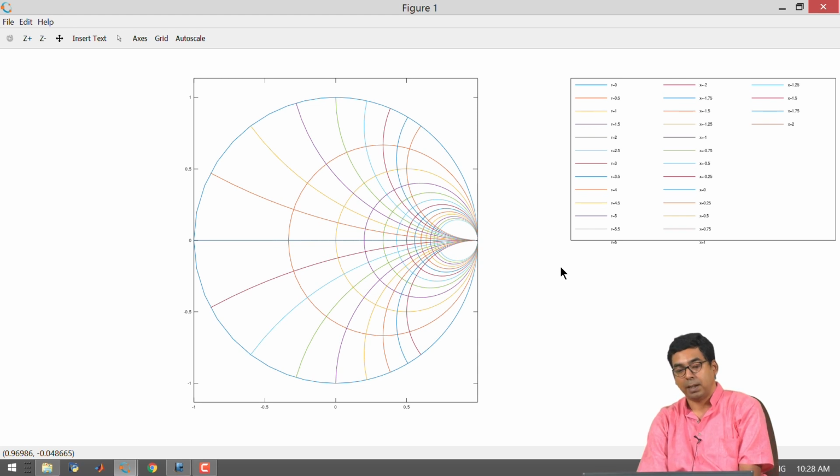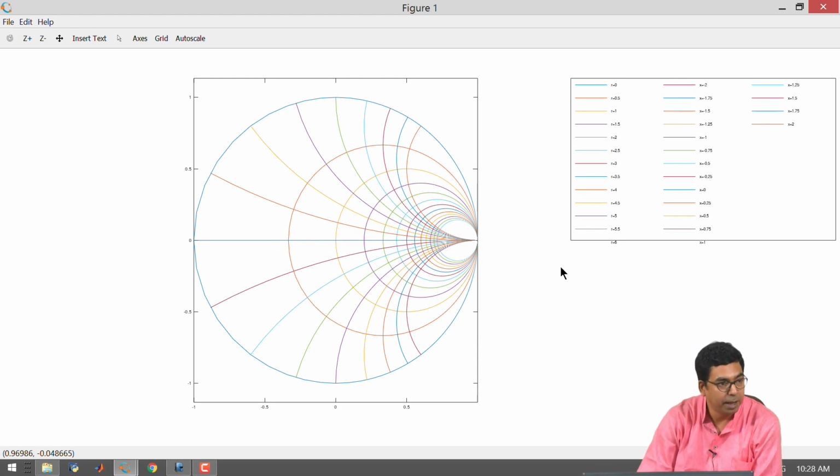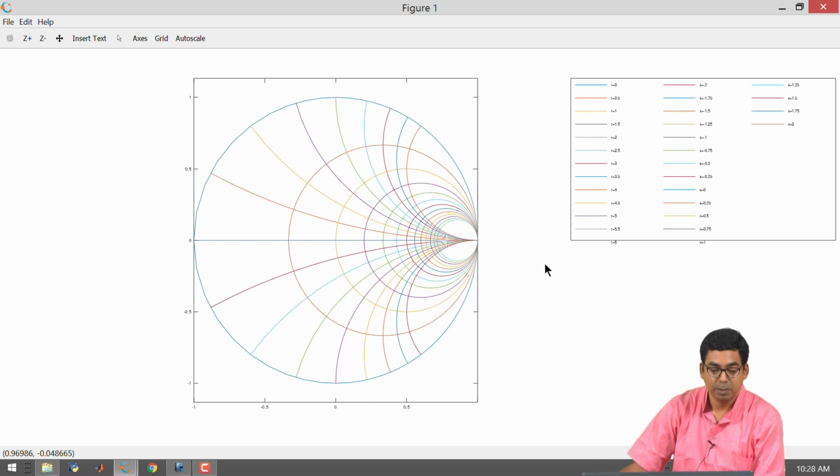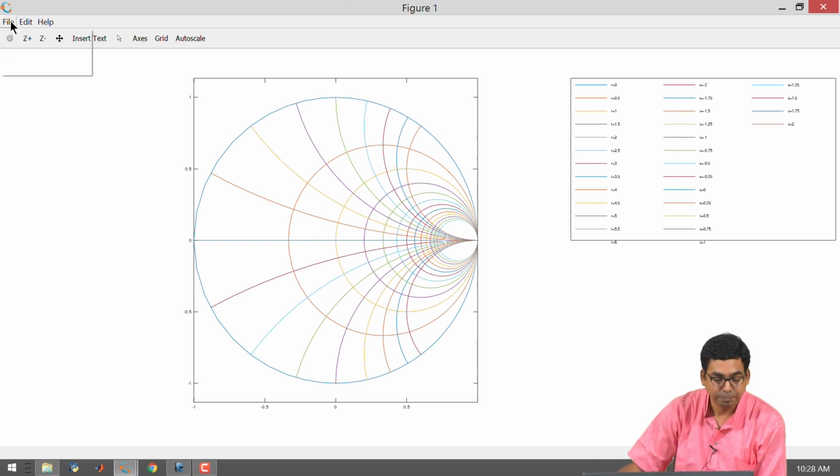Okay. So this is known as Smith chart, but we have to be very clear about the kind of Smith chart. The kind of Smith chart that we are seeing here is an impedance Smith chart, okay, because we started with ZL by Z0 minus 1 divided by ZL by Z0 plus 1, right. So it is an impedance Smith chart. For a minute, let us look at this impedance Smith chart and try to understand what it actually means, right. So if possible, I will save this graph.